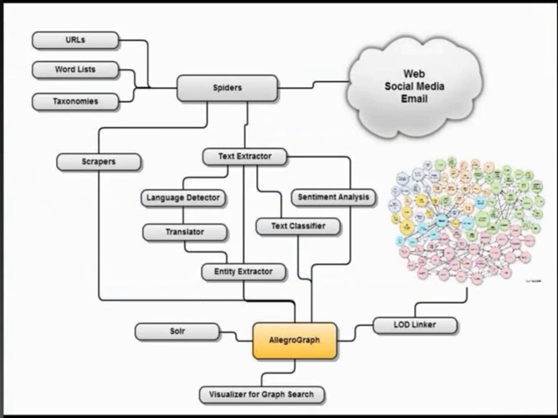So what we've seen in people that are using graph databases is that almost 60% of all of our customers are actually working with unstructured text, and they need to get things out of the text so that they can search it. And so we have available spiders that you can feed with URLs, with word lists and taxonomies, and using those, we'll go out on the web and find articles, for example, in the news by Google or Bing,